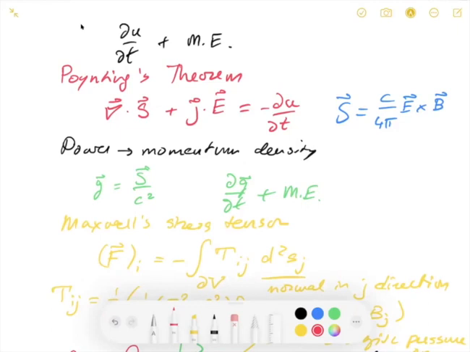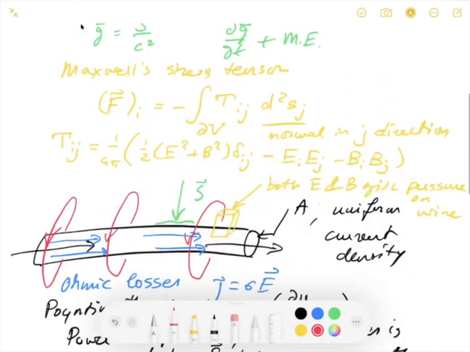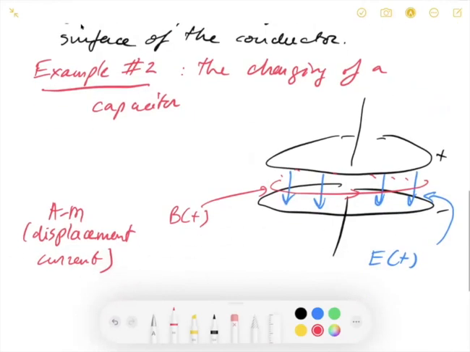Now, in the charging of the capacitor, if this capacitor is made of parallel, perfectly conducting wires, we don't have to worry about the ohmic losses. So we only have this term and this term. Then we will find that at the edge here, the electromagnetic energy is flowing into the space of this capacitor, and that energy that then gets stored in the field is equal to,